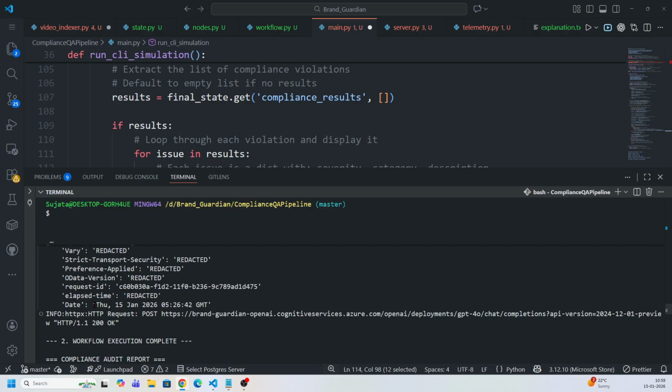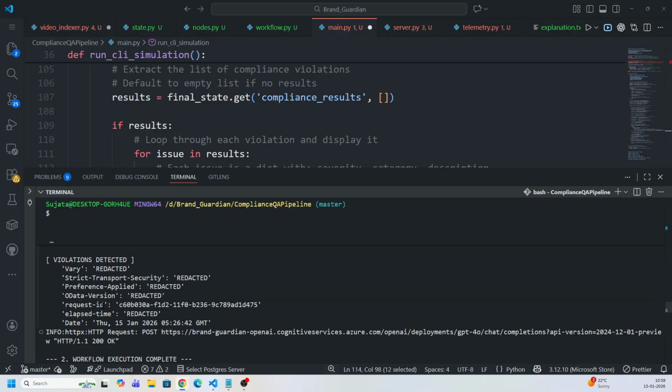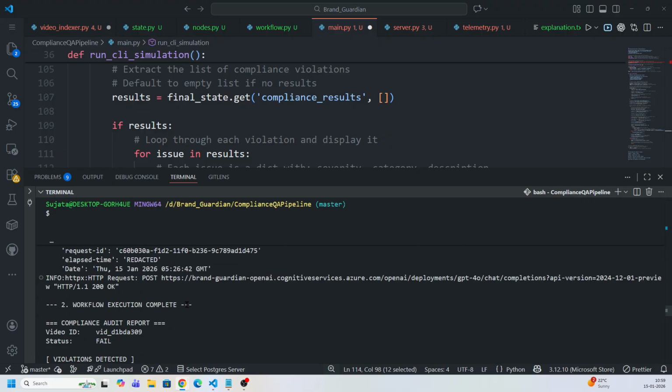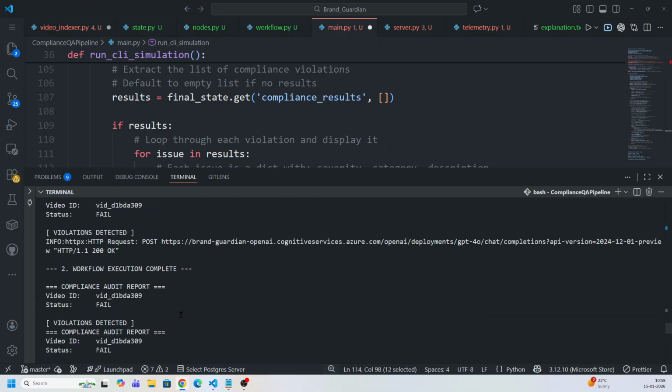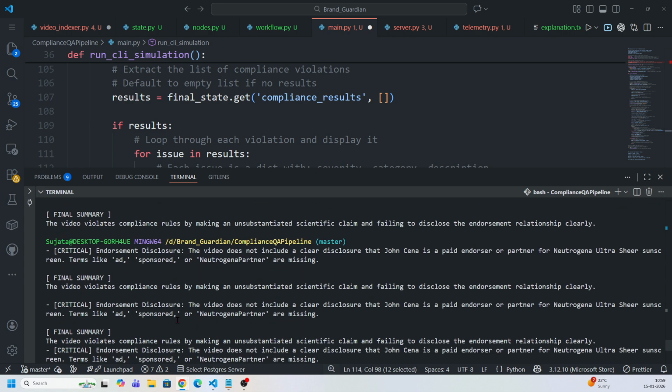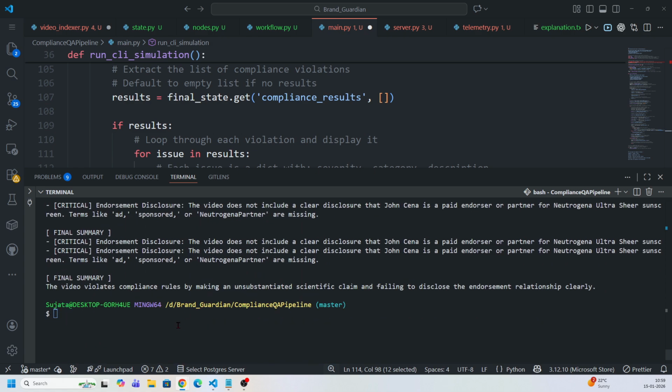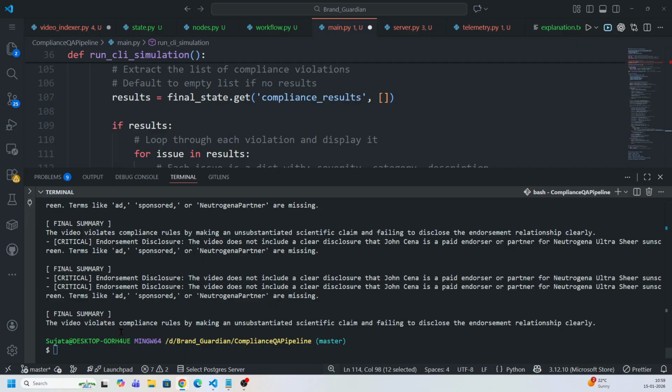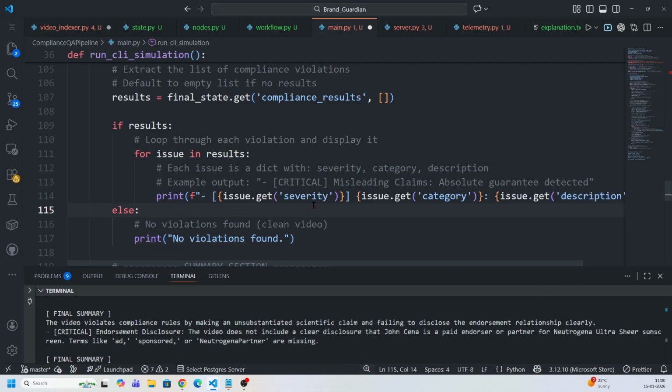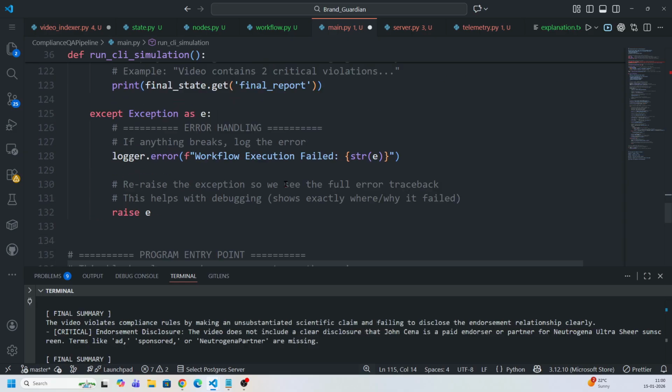Okay, so that was really good. That was fantastic. Congratulations, you have successfully built a very high quality pipeline. It shows that you have a very good understanding of how to build production level pipelines, because we had done